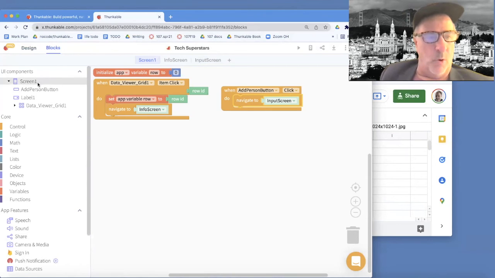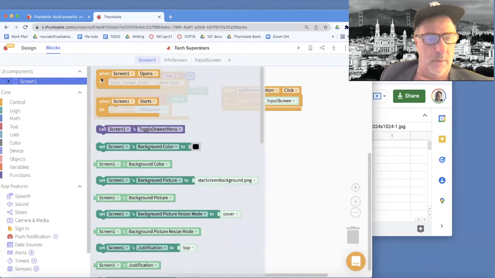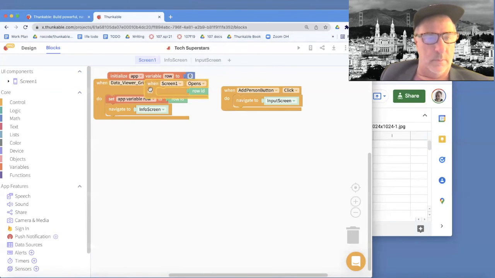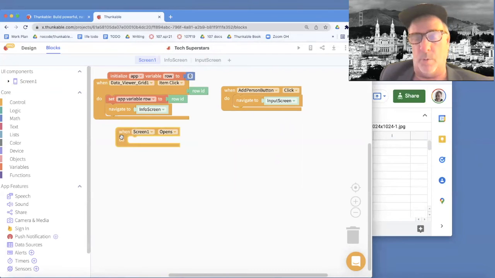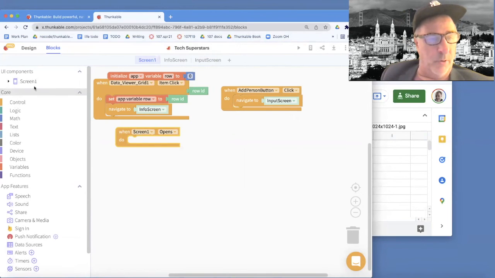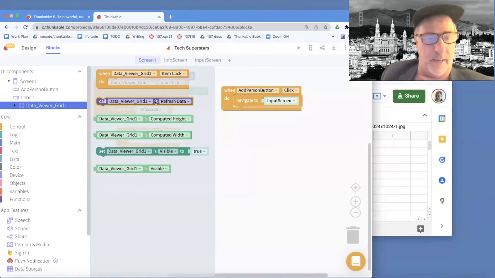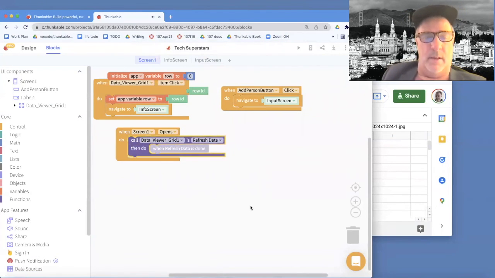On screen one, when screen one opens, and that happens both when the app starts, but also when you go back to the screen from a different screen, which we're doing. When screen one opens, you actually need to say, you know what, I want my data viewer grid to update. I want it to refresh its data. Okay. And once you do that,